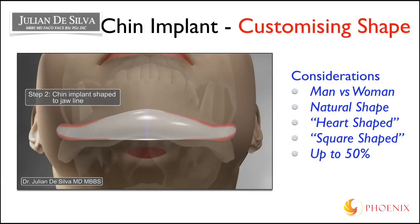The other characteristic is customization of the implant. I personally customize every implant to match a patient's natural jawline and also an individual's requirements. And I personally use silicone implants that can be very straightforwardly shaped to match a patient's jawline,